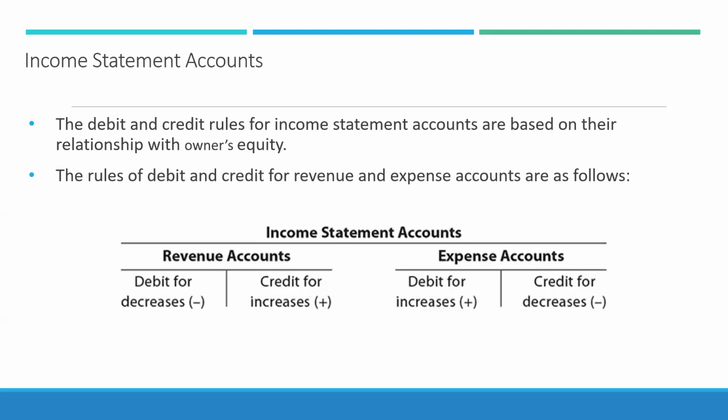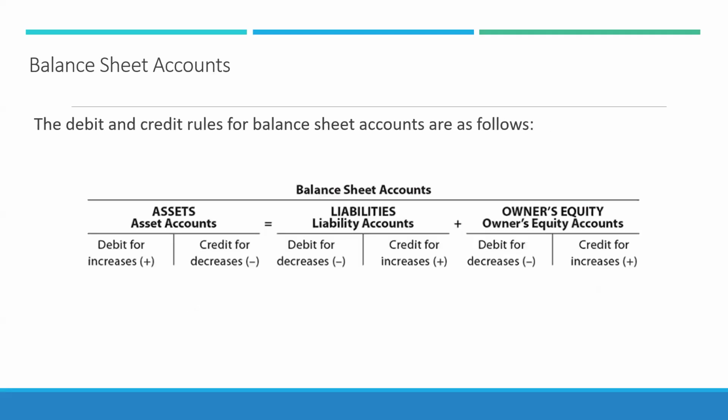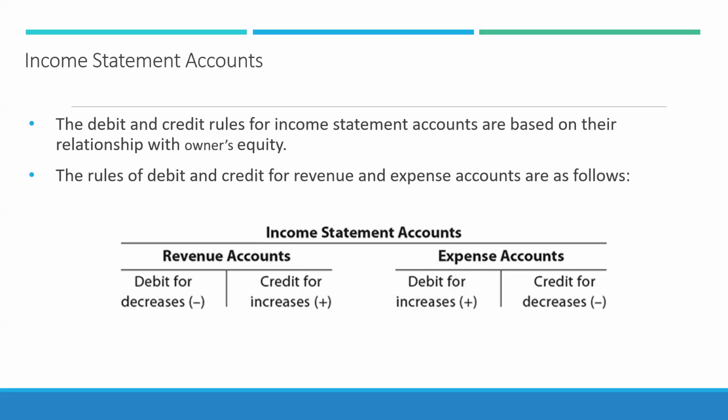And then, yeah, income statement accounts: a debit decreases revenue, a credit increases revenue. A debit increases an expense, a credit decreases an expense. And generally, assets, liabilities, and owner's equity are going to have debits and credits on both sides quite often. Revenues and expenses, it's going to be an exception to the rule, basically, for there to be a credit